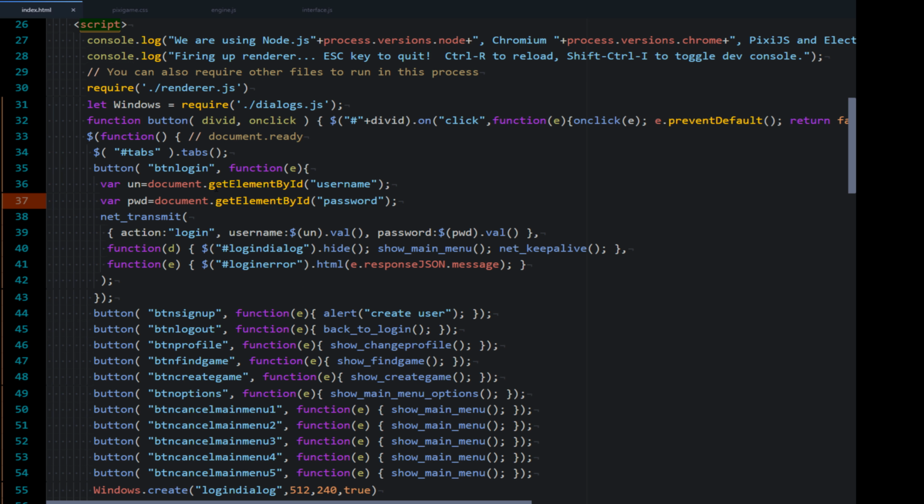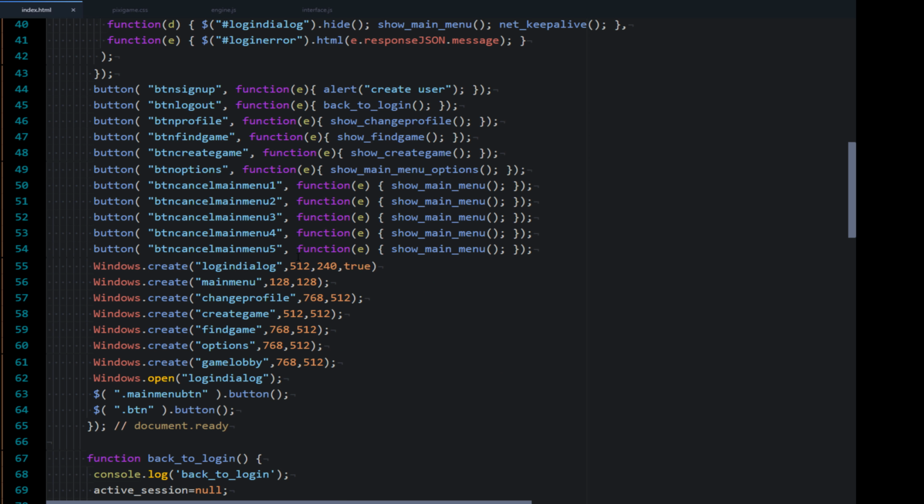So basically, it just goes through the page, locates the username and password, and then plugs it in to a transmit. I've also created the networking utility file, library, whatever you want to call it. It's just a module that is going to allow us to do all of the networking in one area so we can keep an eye on it and keep it all wrapped up into that one area. So I created a net transmit function, and I'll show you that in a moment, as well as a bunch of,